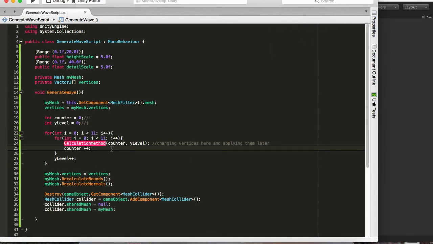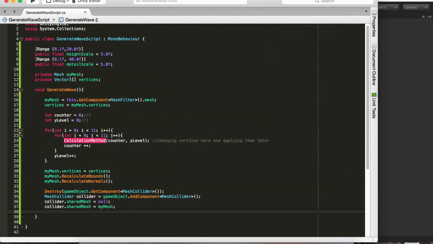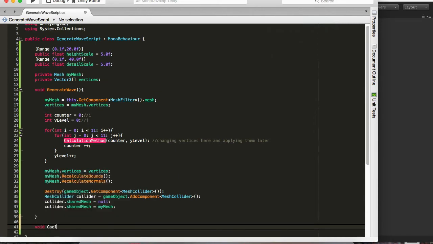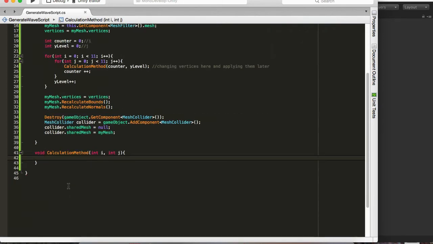Okay, so we're gonna go ahead and finish up our method called CalculationMethod. So below there, okay, that's good, nice space. Below that, I'm going to be creating this method called CalculationMethod, and it is going to be taking parameters of integer i and integer j. I'll just call them that way. And what we're doing here, we're going to say,